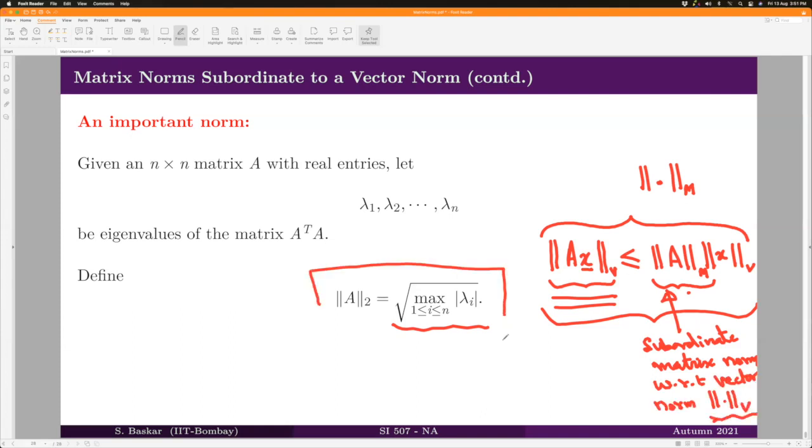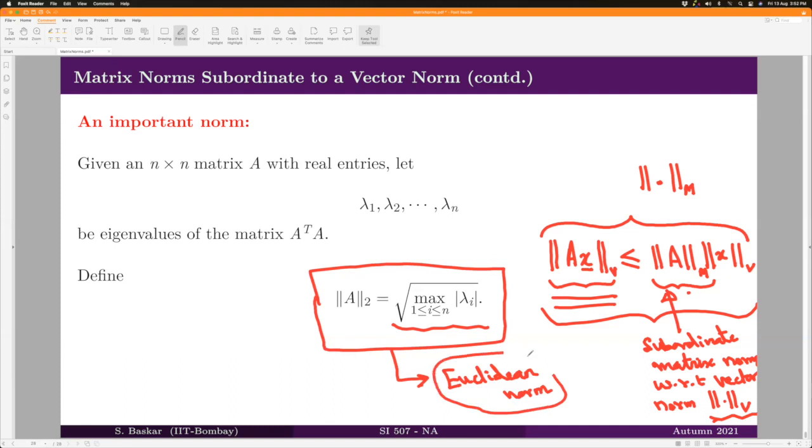And this matrix norm is the subordinate matrix norm to our Euclidean norm, which we know defines the physical distance concept in Rn. Therefore, it is more natural to use this particular norm in all our examples. But as you can see, it involves eigenvalues of the matrix A, which is generally not so easy to compute if the matrix A is very large. And especially when you go to compute it on a computer, it becomes very difficult.